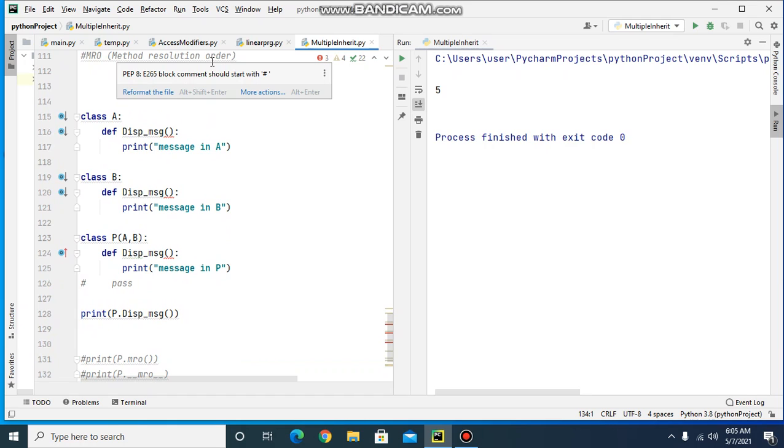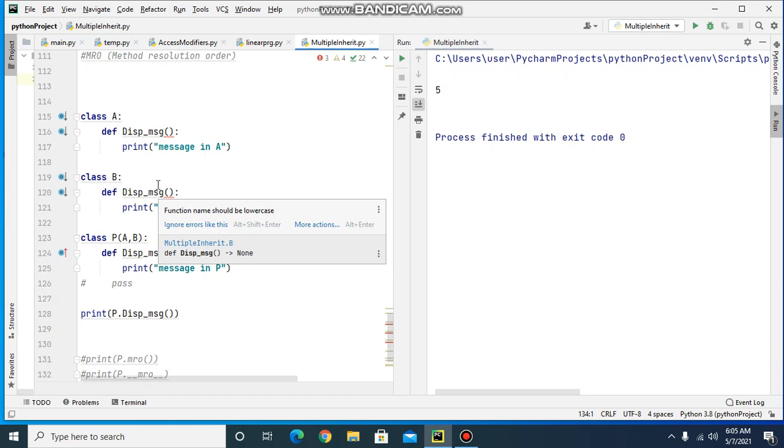Now method resolution order, MRO. This MRO plays an important role in multiple inheritance, as a single method may be found in multiple superclasses. So here we are having the same method in superclass A, that is display message. In B also we are having the same method.